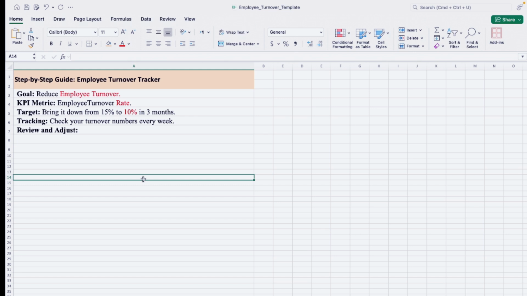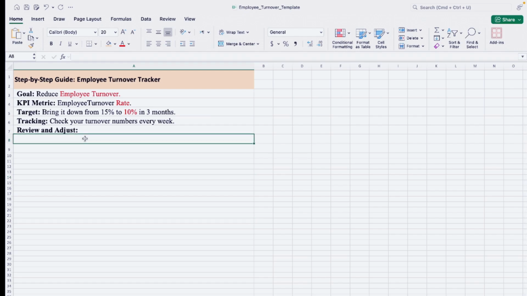And it's very difficult to find out what the problem is. It all happens because we haven't used KPI, or key performance indicator. Because if we use KPI, it gives us the chance to find out the problem at the beginning of the year. So that's why it's very important to use KPI. So in this practical example, I'm walking you through step by step to create a KPI, or key performance indicator, tracker.